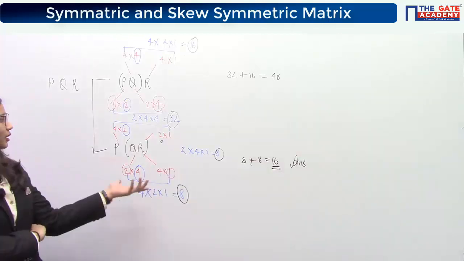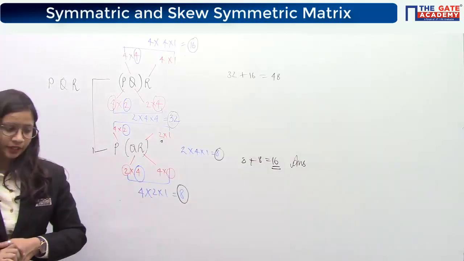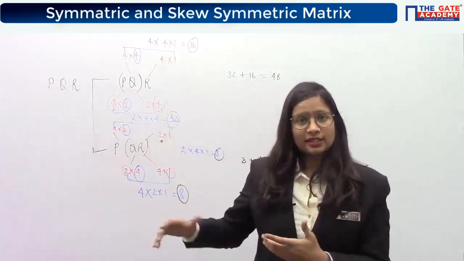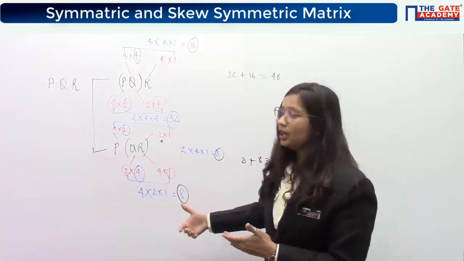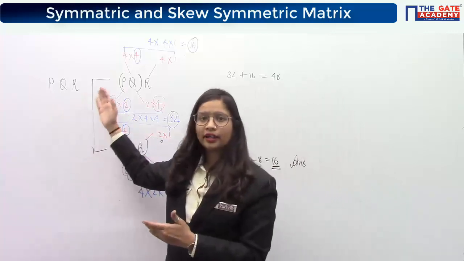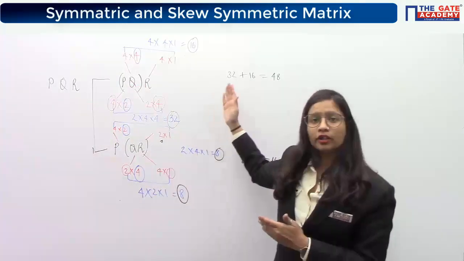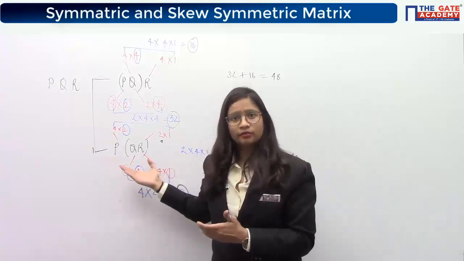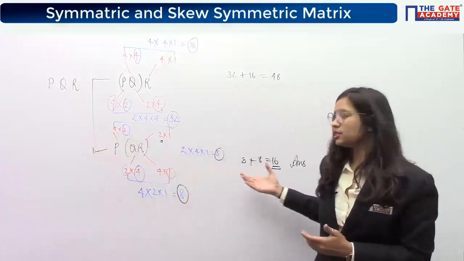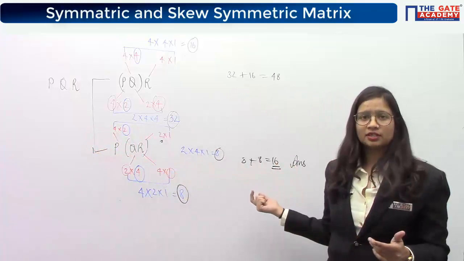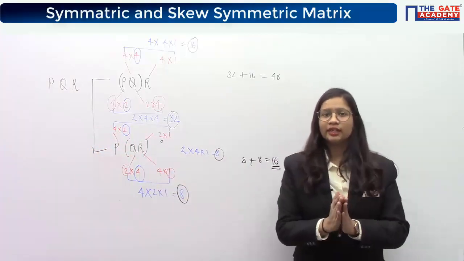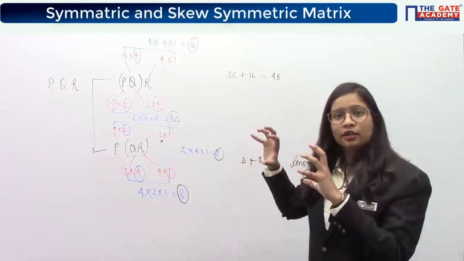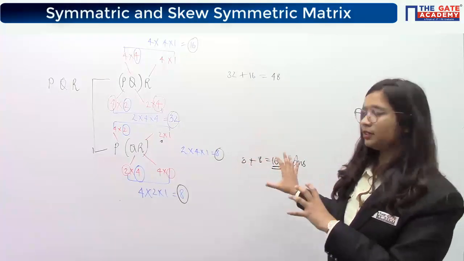They don't consider the ways in which this multiplication can be done. And this is the use of this topic. Why we are studying this topic is the reason here. You can see, if you are multiplying PQR in this way, you have to do 48 multiplications. By the way, in this way, which will give you the same result, is just requiring 16 multiplications. So if you know beforehand in which way you should proceed to get the product, you can just reduce your calculation time like this.